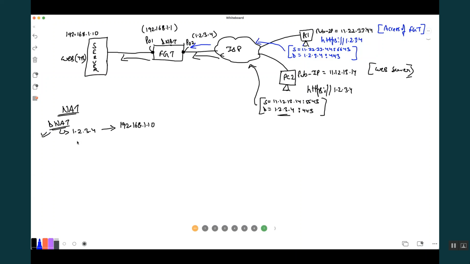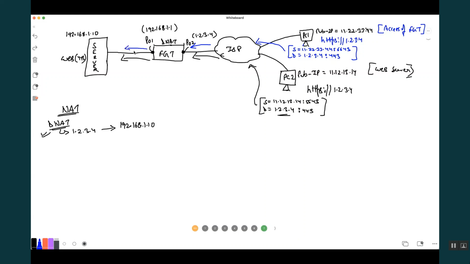The FortiGate firewall has a DNAT entry. You all know about the life of a packet: first integrity check, then the portal, then DNAT. First, it will translate the destination, so it translated the destination of 1.2.3.4 to 192.168.1.10. Then it will do a routing lookup for the destination, and the packet has to be sent out to the server.